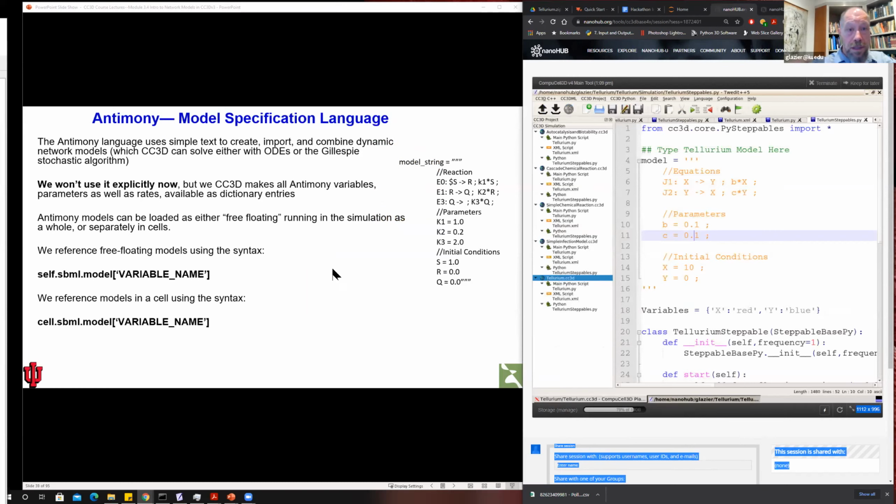So I want to talk a little bit now about Antimony model specification. Antimony's basic idea is chemical reactions, and so you use arrows the way you do in a typical diagram in a biological network. CompuCell, and we're not going to do this right at the moment, you'll see it in the afternoon, references all of the variable names, parameters, and also the rates, E0, E1, and E3 in this, are all available to you